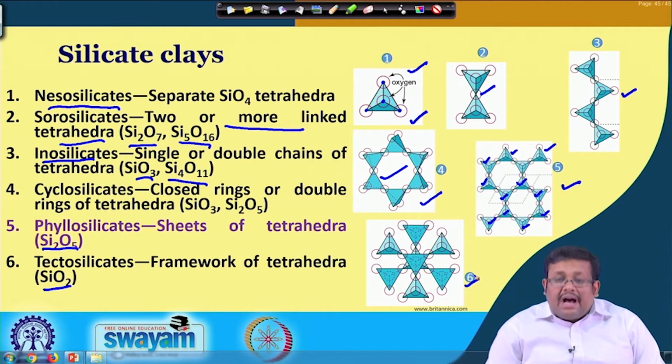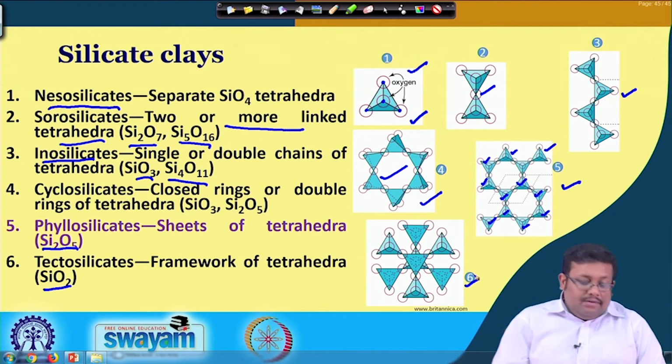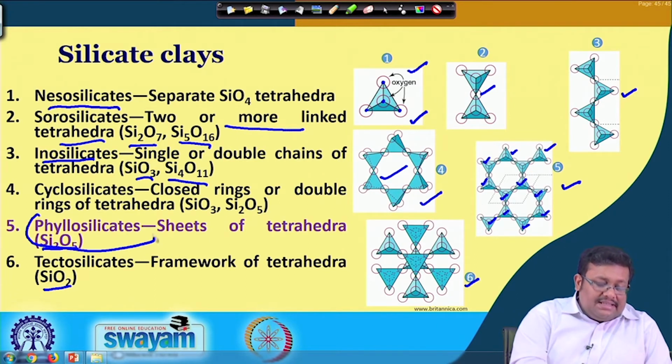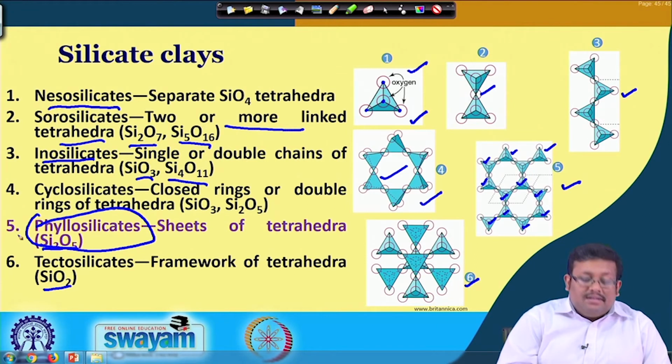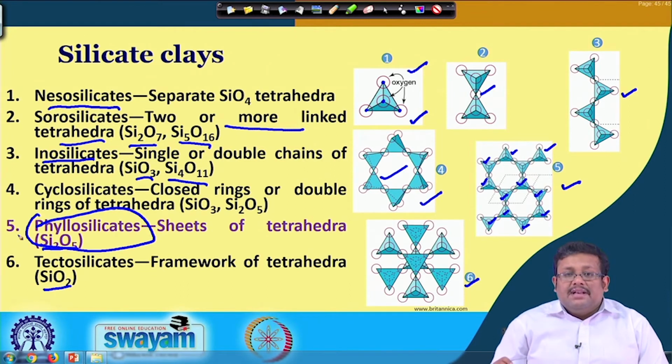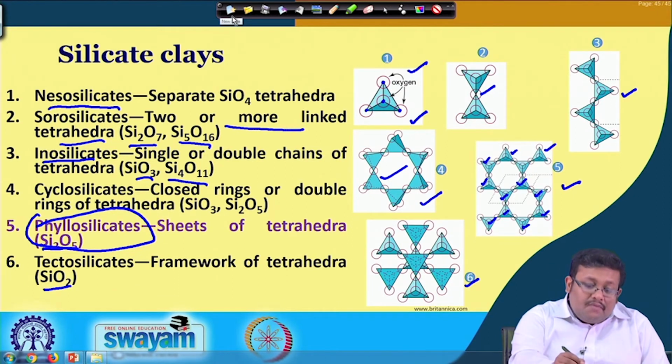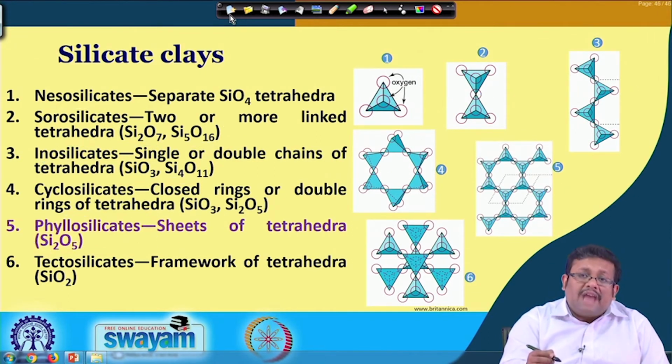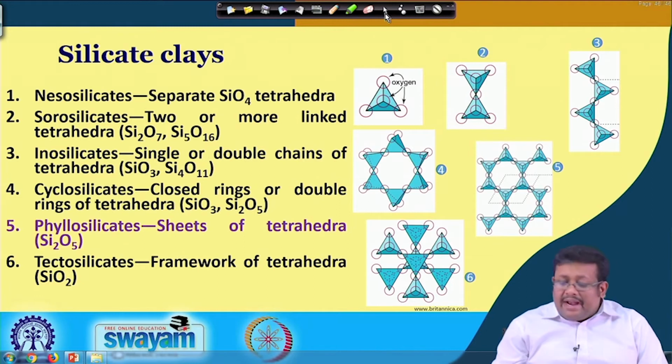So, these are the basic classification of silicates, and this is what we call silicate clays, and the name is phyllosilicates. These other silicate minerals are mainly present in primary minerals, and tectosilicate is also present in primary minerals. So, we have covered what are the different types of silicates. So, let us go ahead and see